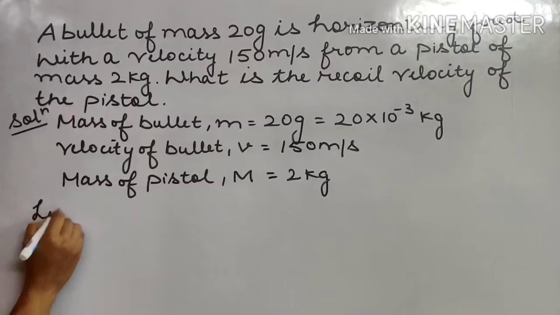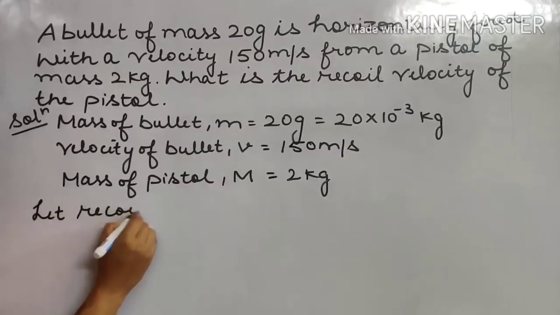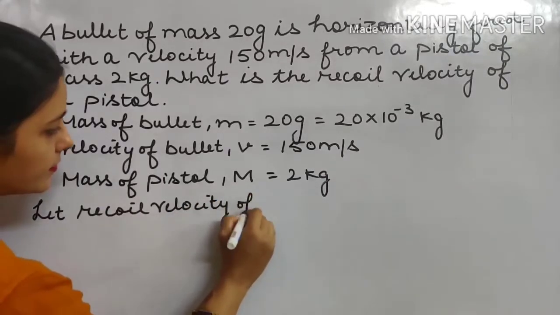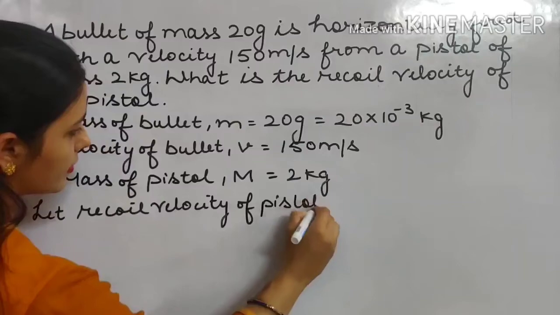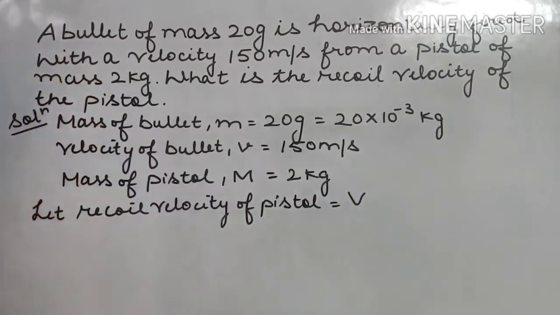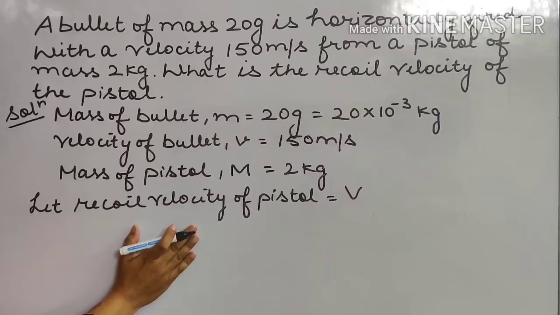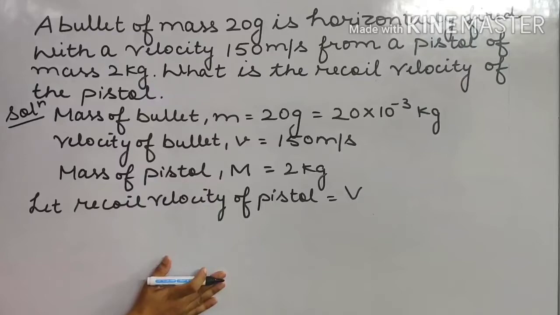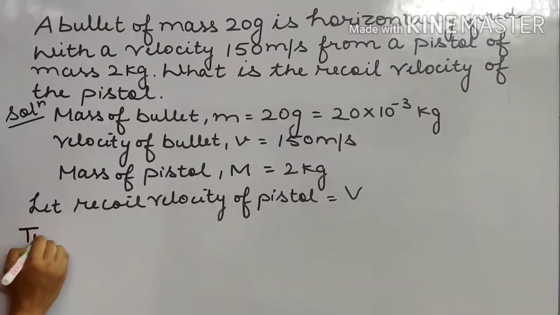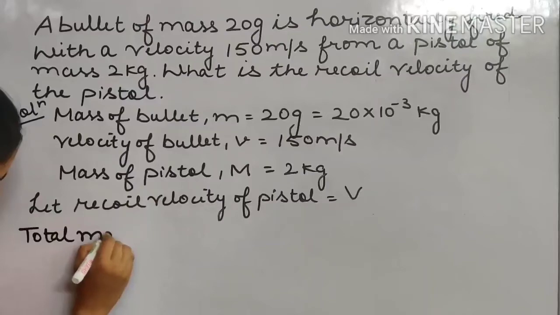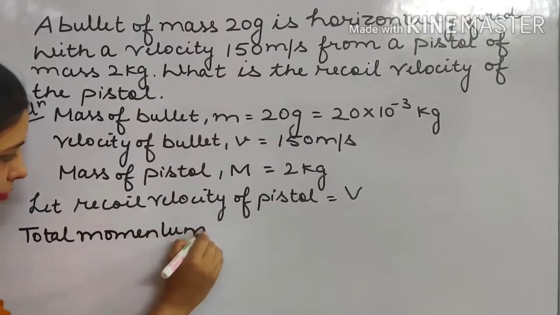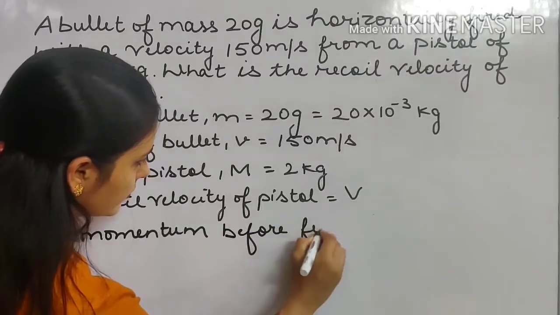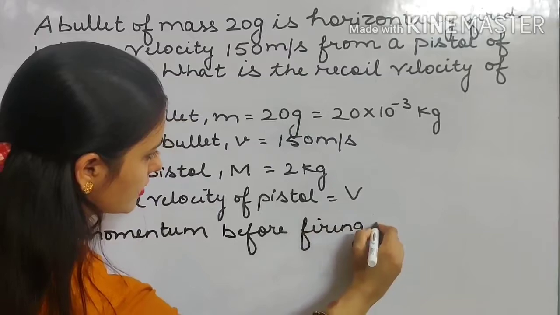Let us consider recoil velocity of pistol is capital V. See, before firing, the pistol and the bullet makes one system. So, total momentum before firing is